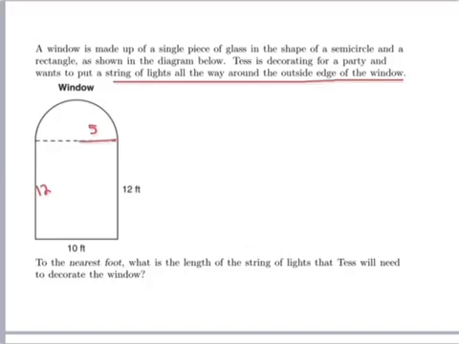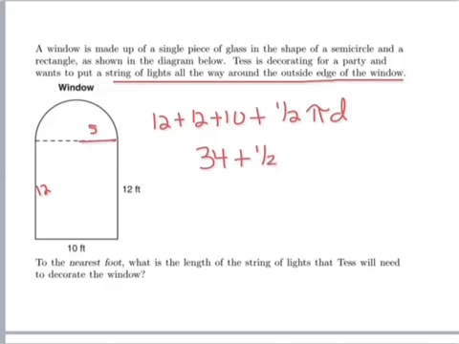So what we have here is 12 plus 12 plus 10, that's all my straight sides, plus half of a circle circumference, because we're going around the outside edge. So I'm going to put pi d. So that's going to give me 34 plus 1/2 pi times my diameter, which is going to be 10, because that is the same as the diameter here. So then that's 34 plus